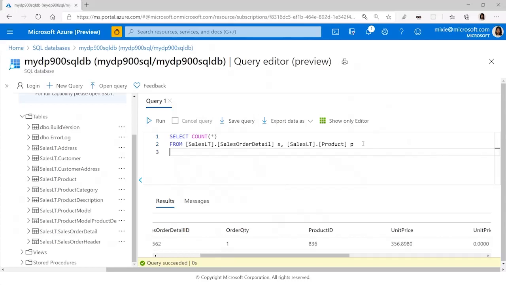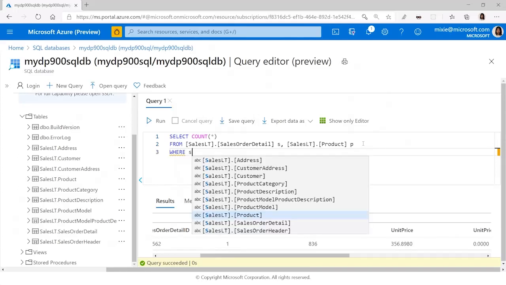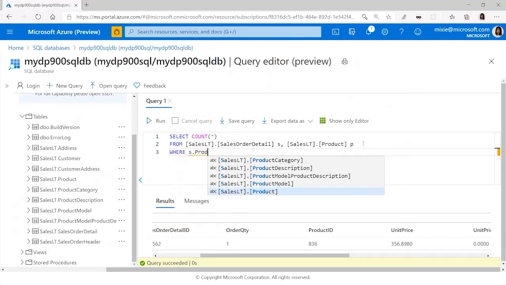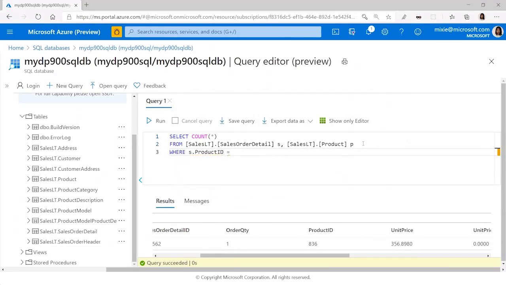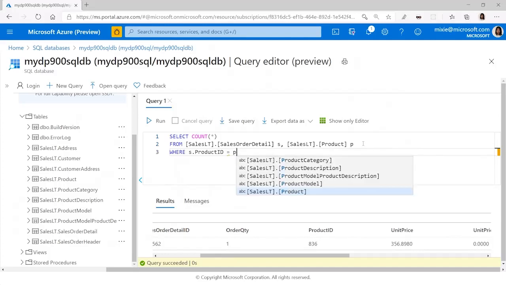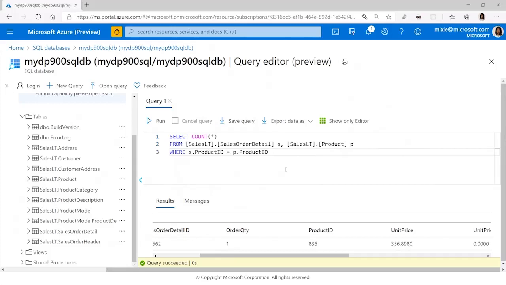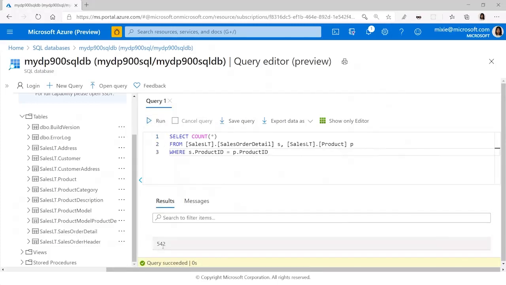I'm going to specify a where clause, which is that conditional statement where I can say I'm only interested in the results which will return me the product ID from the sales order table that is the same as the product ID from the product table. Now, if I hit execute, I get a result of 542, which tells me that the total number of products that have been ordered is